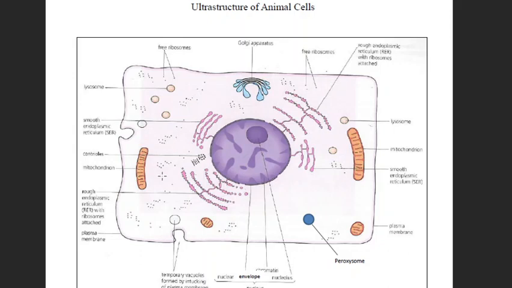The next organelle is the centrioles. It helps in the cellular division process. We know during mitosis, when the chromosome is allowed to replicate, first of all it forms two copies. Within a cell cycle we know that there is G1, S, G2, and these are interphase. After the completion of interphase, the cell enters into the division phase, that is mitotic or meiotic division, depending upon the type of cell.